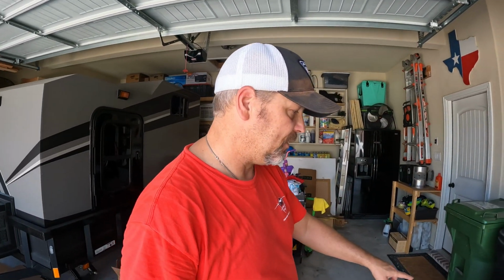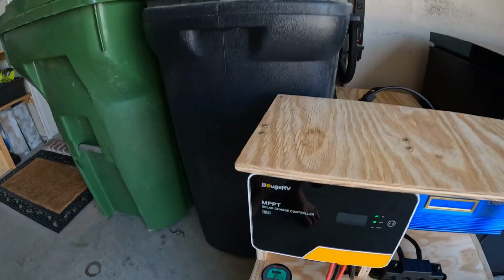Obviously, if I would have kept it against the garage door like I had it yesterday, it would be in the shade. So my brilliant mind just decided, hey, let's move it, because it weighs 20 pounds and it's not connected to anything. So I just have it laying flat on the driveway, and it's doing great. This morning, I think I showed you guys my battery meter gauge was around 71%, I believe. And today, right now,